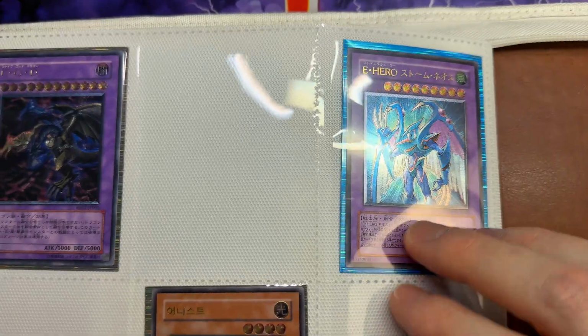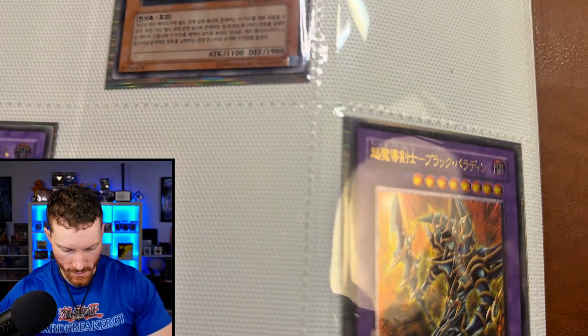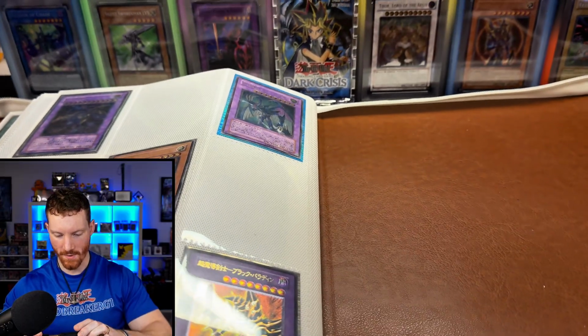And then I think there's like 2 cards. No, there's actually a couple. So you guys need a Japanese, a Korean, or any of these Japanese ones. So the 5 God Dragon, Ultimate Rare, and a Thousand Eyes Restrict, and then a Dark Paladin. I think these were all actually pretty good conditions. So that's going to wrap it up for our binder,